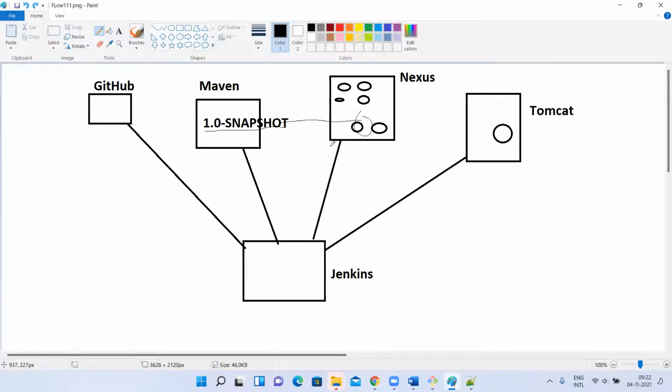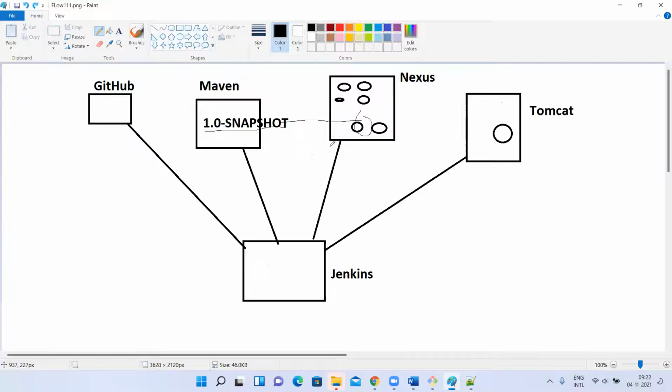Means when I execute a Jenkins job, when I click on build now in Jenkins, or else poll SCM, build webhooks, periodically, whatever it is, right? If I execute a goal, it has to upload that artifact into my Nexus. How should I take? Clean, to build a job in Jenkins after.